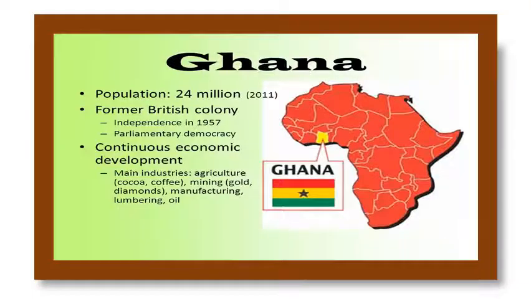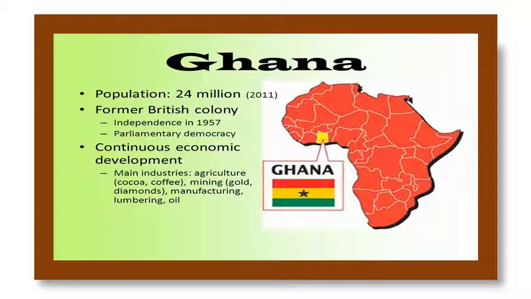Dear students, we all know that Ghana is a West African country and it is situated on the coast of the Gulf of Guinea. The country is small in area and population, but Ghana is one of the leading countries of Africa. The main industries in Ghana are agriculture of cacao,